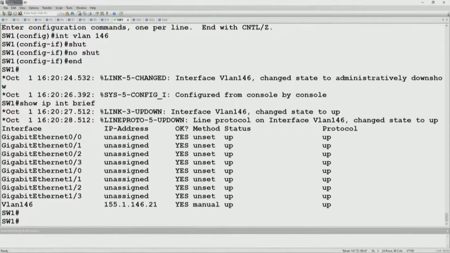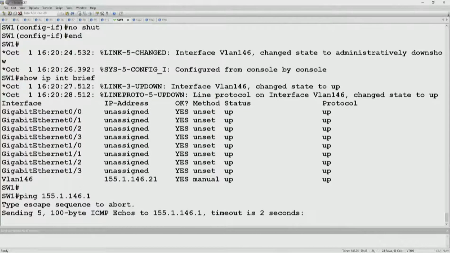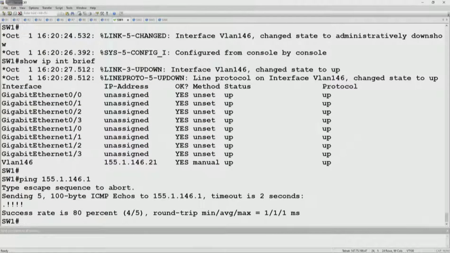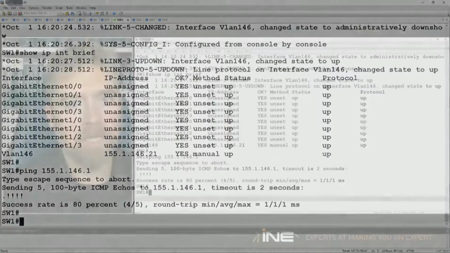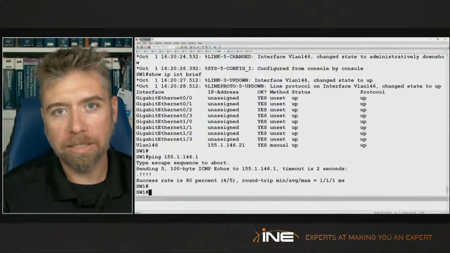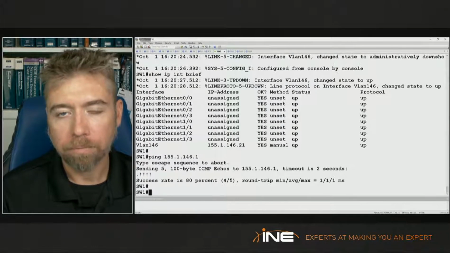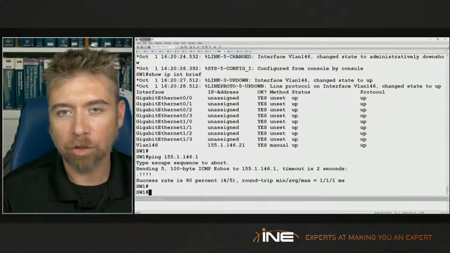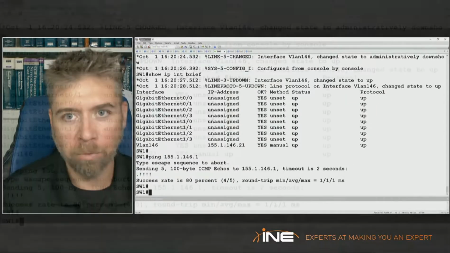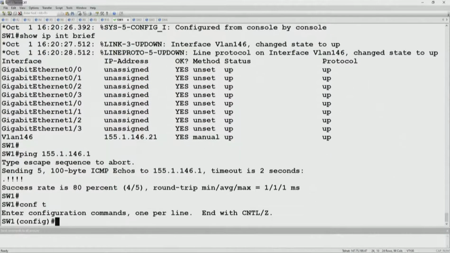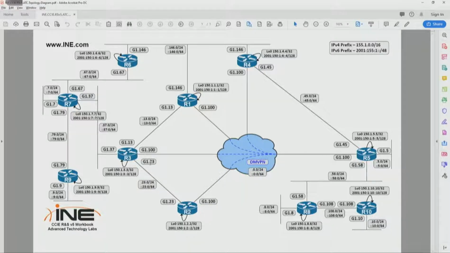Okay, the port is up, and now let's ping 155.1.146.1, okay, which we have reachability. So the point being here is that when you instantiate the layer 3 port, it doesn't automatically create the actual VLAN construct. The other way that we could have seen this is if we create another VLAN interface, let's say